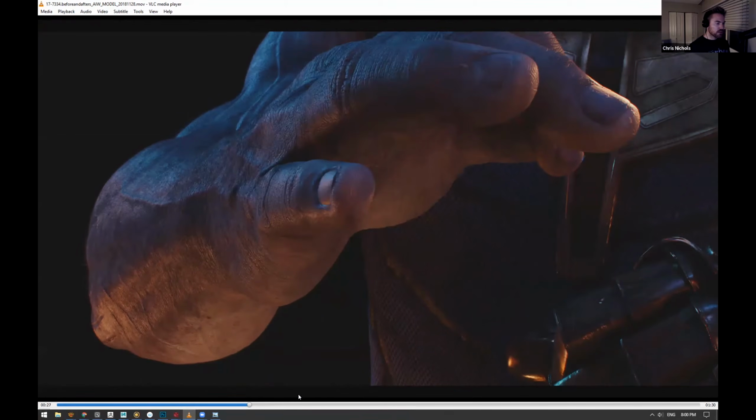You know what? It wasn't as high as you might think. We used 4K for Thanos. We had him split up into about 30 different UDIMs though. So, like the hand, the fingers would get their own UDIM, the forearm, we split him up, but not in a crazy fashion. I've seen people go a lot crazy with their UVs, but we wanted it to be efficient, right? You don't want the render to really slow down because there's too much data. And I found that I was able to get more than enough detail out of that resolution.